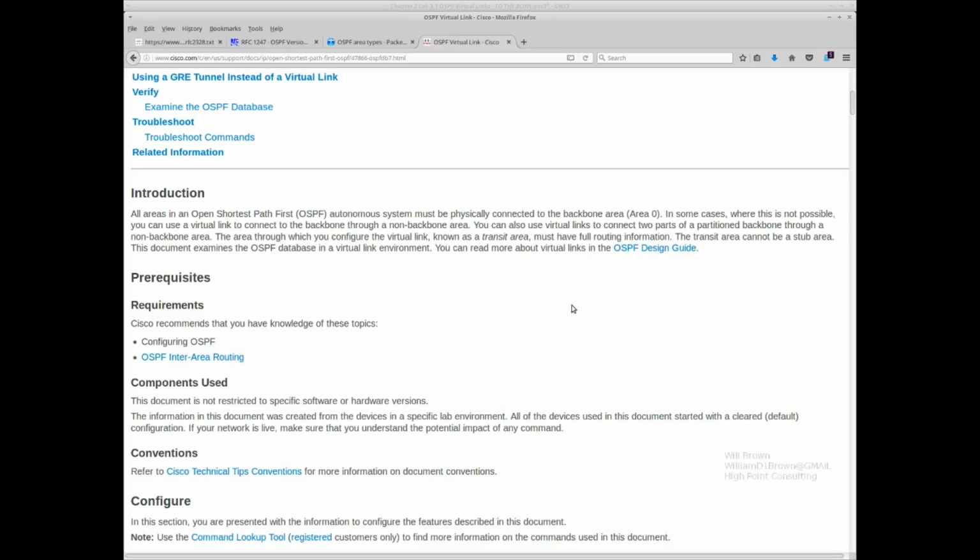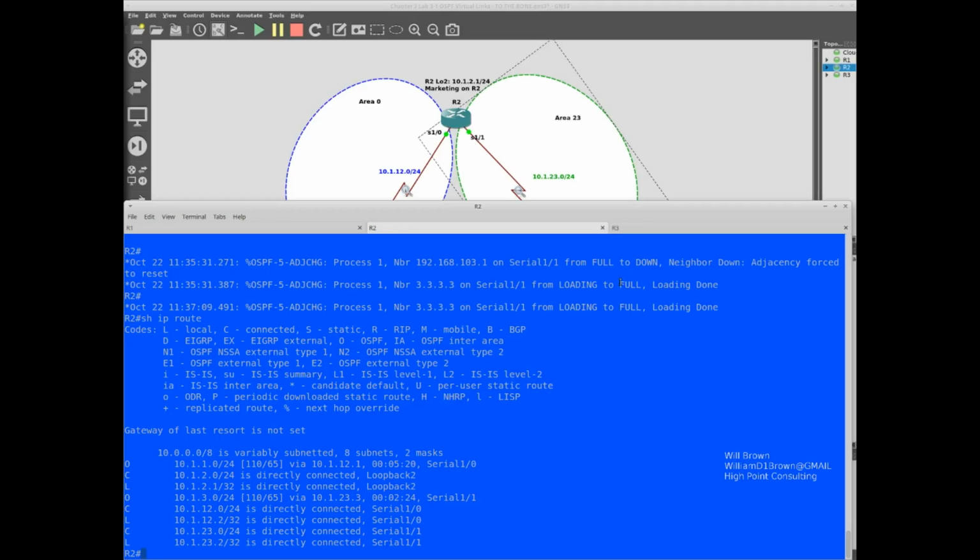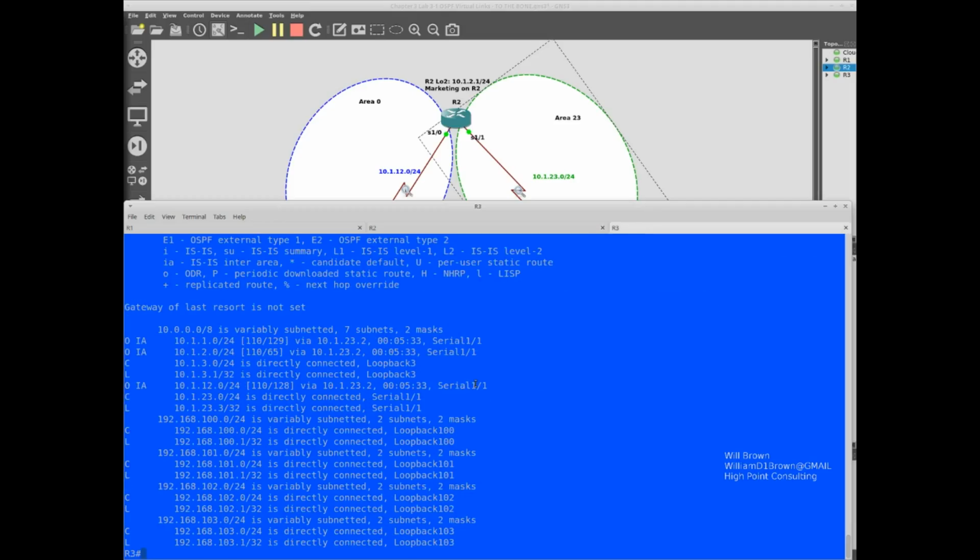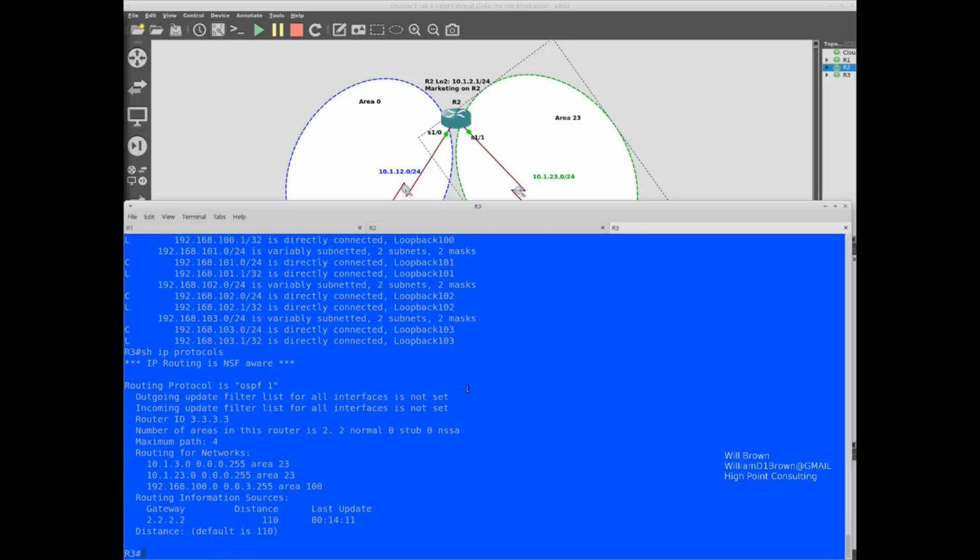So what we're going to do is use area 23 on router 3. And remember, if we do a show IP protocols, we have two additional areas on router 3. We have area 23 and area 100.